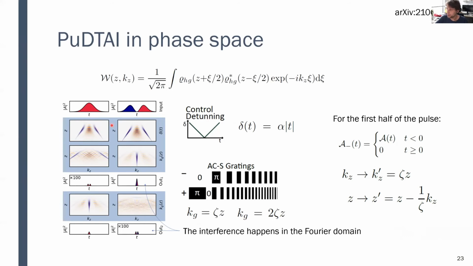Now, very importantly, those two parts have a different phase with respect to each other, which is encoded in these fringes. So even though they look very similar, if we input a symmetric or perfectly anti-symmetric pulse, then at the output they will exit in different ports.